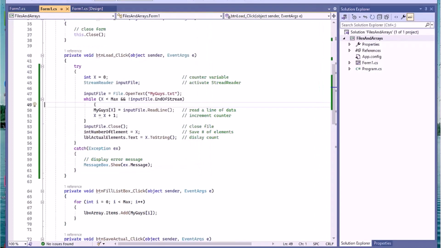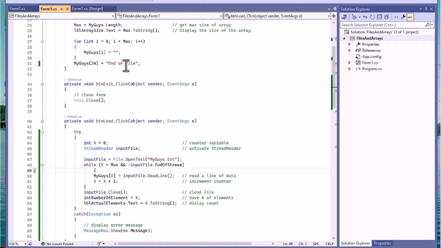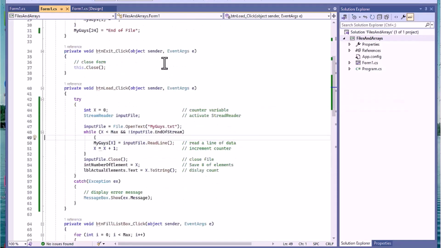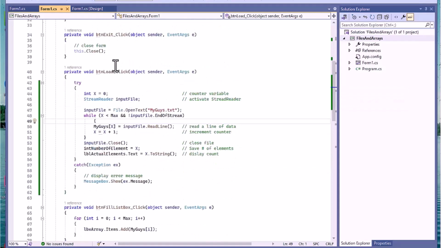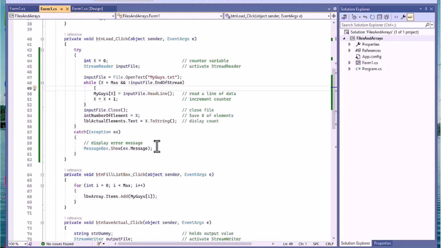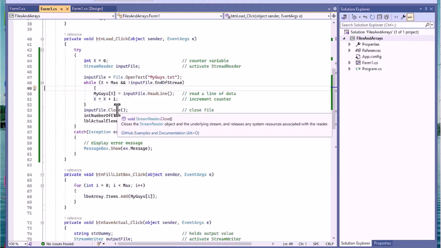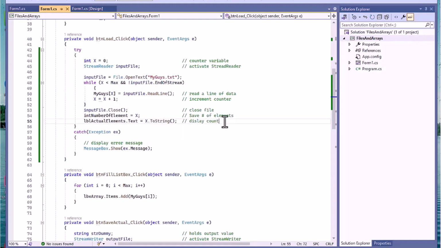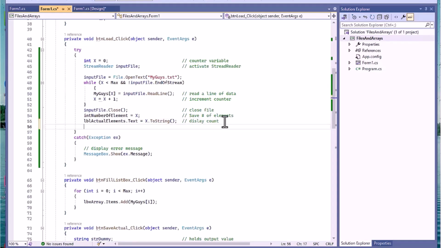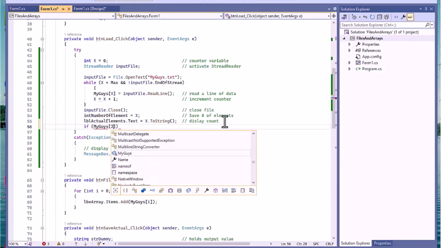What you might do in something like this is, remember we put this little piece here, my guy's 24, end of file? That wasn't showing anymore. That was actually gone because it got overwritten by the last element in the array. What we can do now is, if it's not there, we know we have a problem. So we could look where we close off our file. Here is where it actually is closed. And in here, right on the bottom, I could say something like if my guy's 24, in other words, that last element,